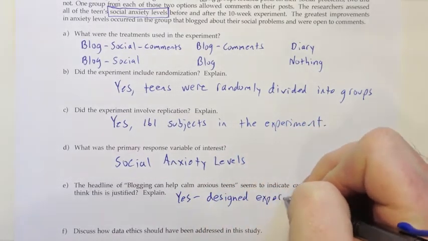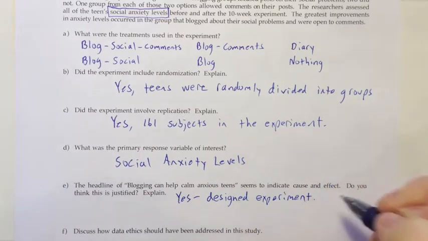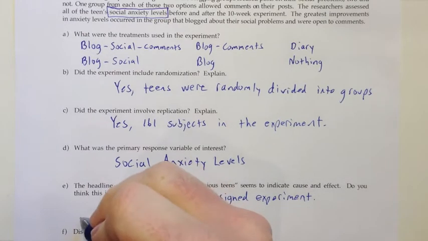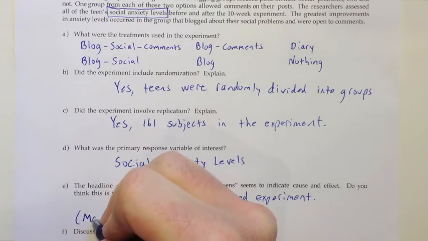But that's probably just a little bit too quick and generous of a yes. When we say it's a designed experiment, that means it's possible that cause and effect is justified. Is it really? We have to look at how well designed the experiment was, and did they have enough replication would be another issue. So one of the things that I would worry about, and so I'll say over here maybe not,